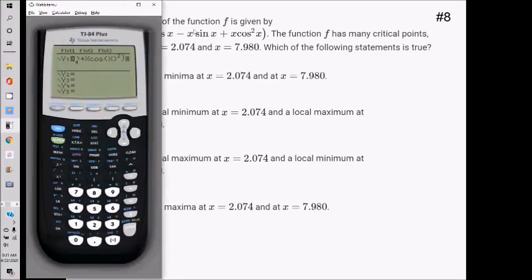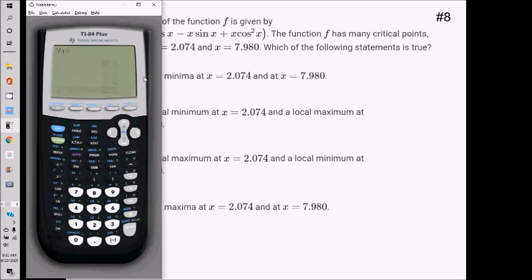So here I am in my y equals. I've entered that whole crazy f double prime in my y1. And in case you were wondering, the way I entered this cosine squared of x is by doing cosine of x and then putting the square out here. This ends up squaring the cosine of x. All right, so let's quit out to the main screen now. And I want to plug in these 2 values. So let me first do alpha trace